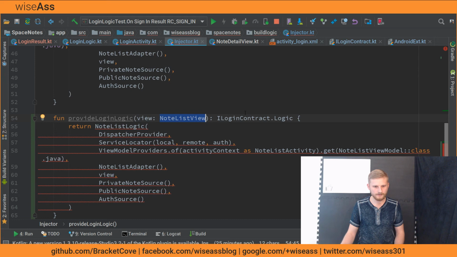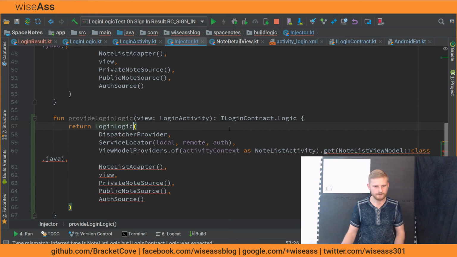View will be login activity, login logic. Okay, so you need a dispatcher. You need